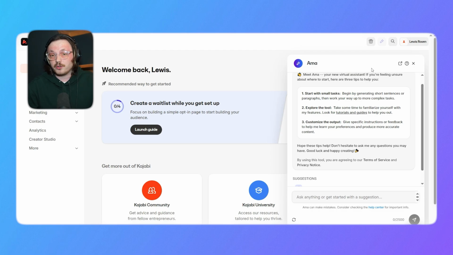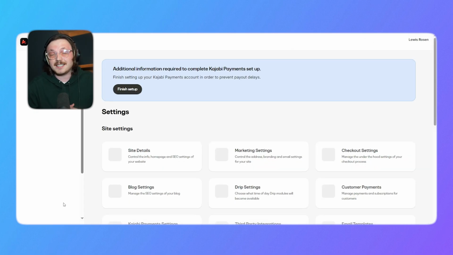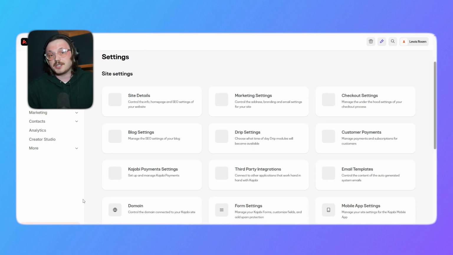Meanwhile, in the bottom left corner, you'll find the settings gear icon. This is where you can manage both site settings and account settings. Site settings let you control how your business looks to the public. You can update things like your domain, branding, and basic setup. Within account settings, you can manage personal information tied to your Kajabi account. This includes details about you and any other user profiles you work with or manage. This setup makes it easy to handle both the public side of your business and the behind-the-scenes stuff without getting